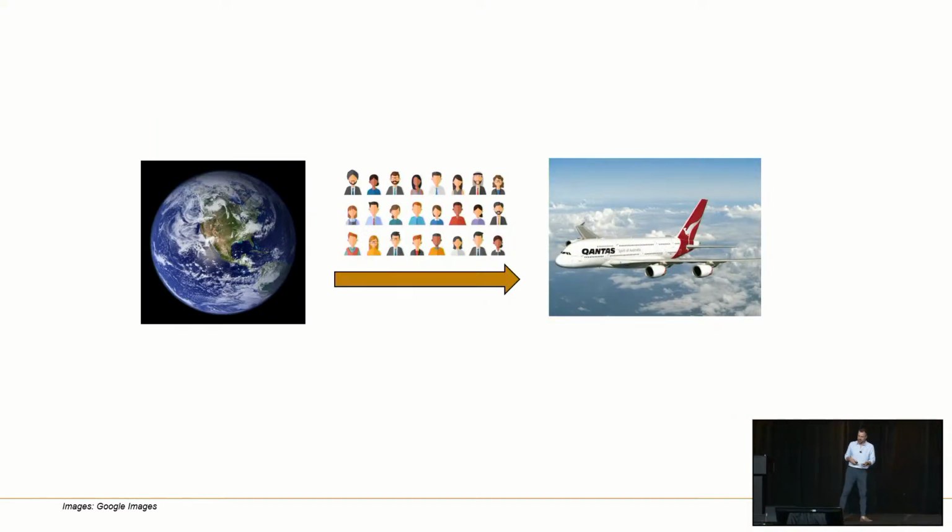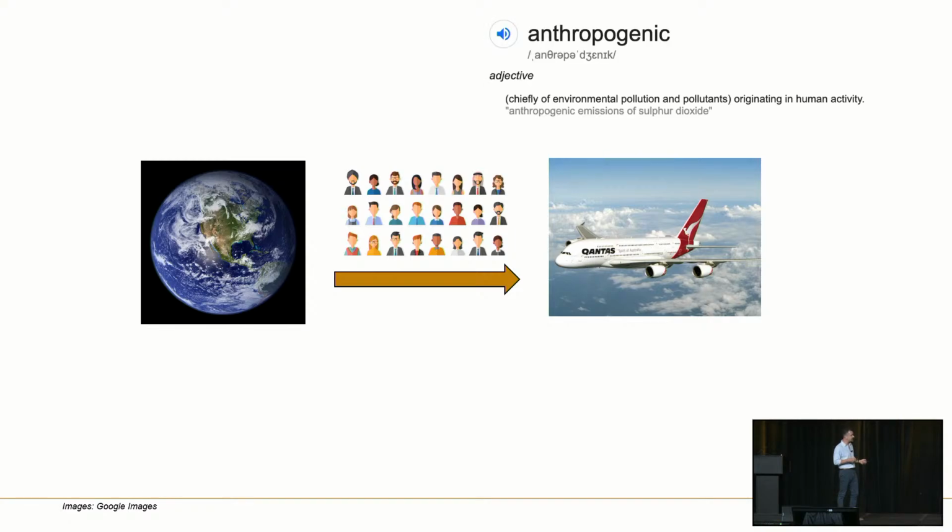So the way in which many of us got here, certainly the way I got here, is we take this route where you have a planet, and you have engineers and scientists and chemists and physicists like us that create materials that we can use. What's important to realize is that the materials that we use are what we call anthropogenic. So they chiefly are of environmental pollution that are because of human activity.